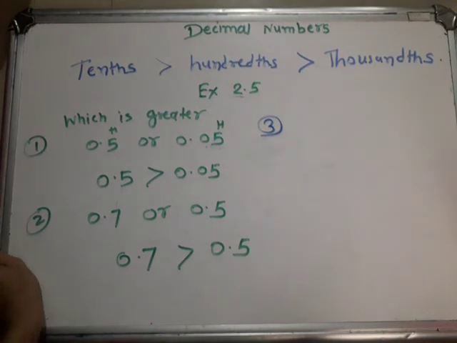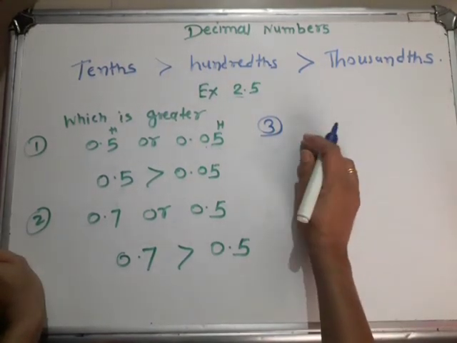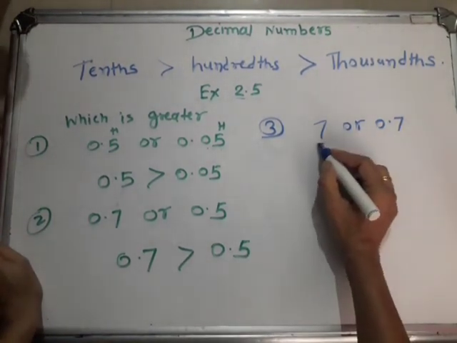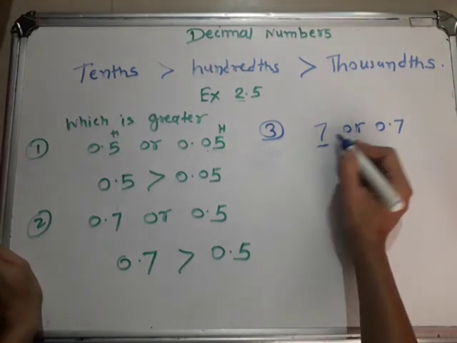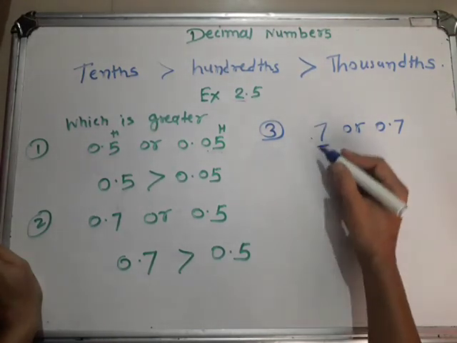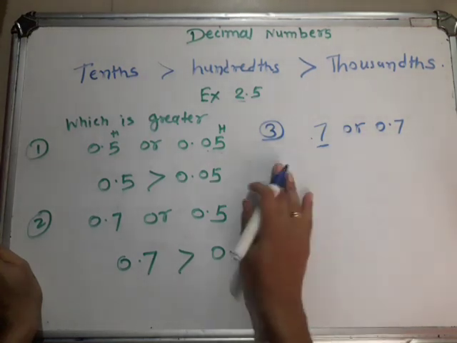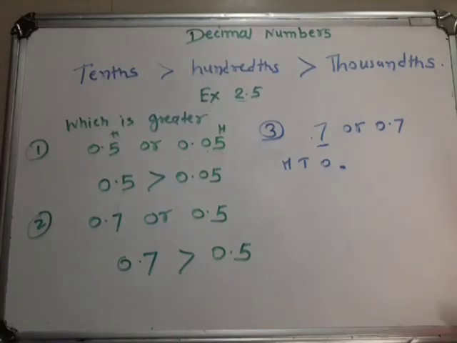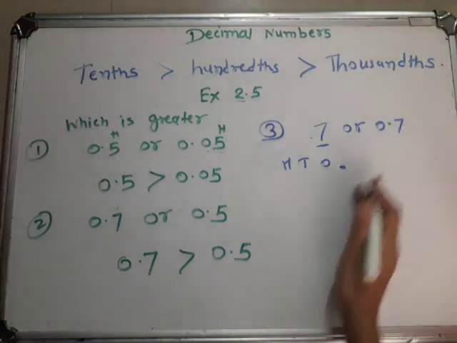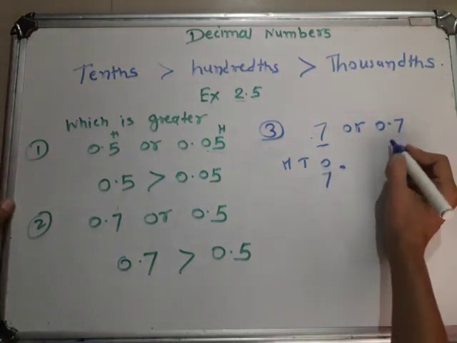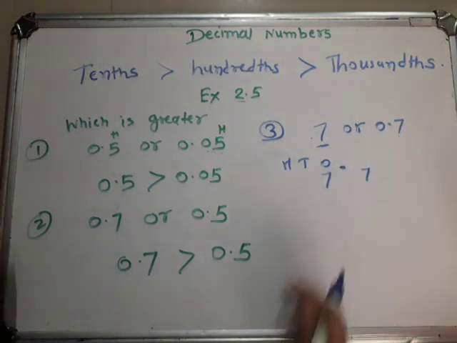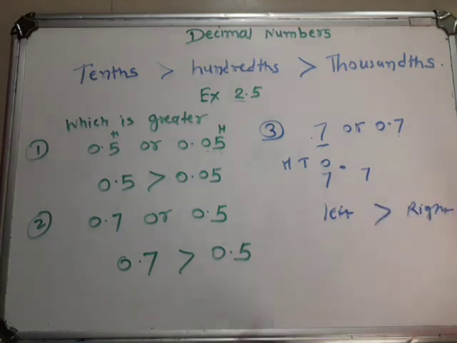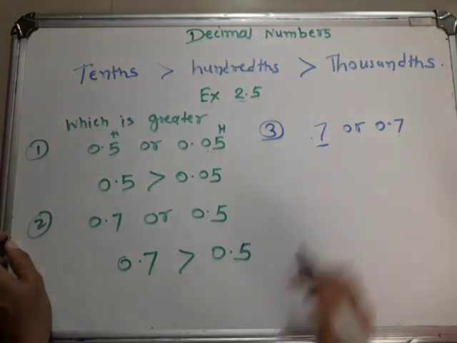Then next, suppose we take the next number, 7 or 0.7. So here 7, which place is it? Ones place, because here there is no decimal part. So 7 is at the ones place, the left side of the decimal number. Okay, here will come ones, tens, hundreds. Then here is the decimal point. This is a decimal number. So this one is this number and this is the 10th place, means after the point. So which is the greater number here? The left side number is greater and the right side number is smaller. So the left side is greater than the right side.